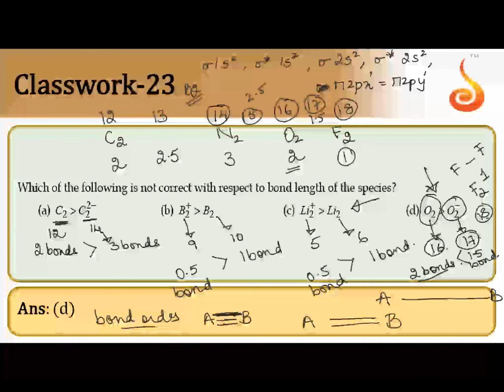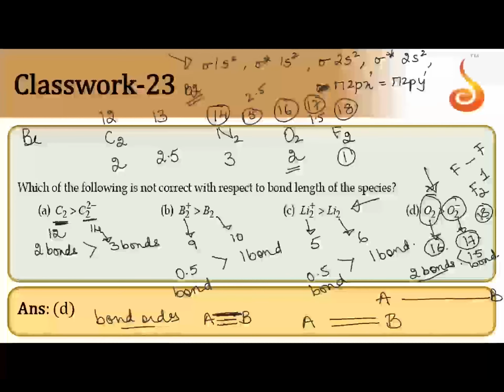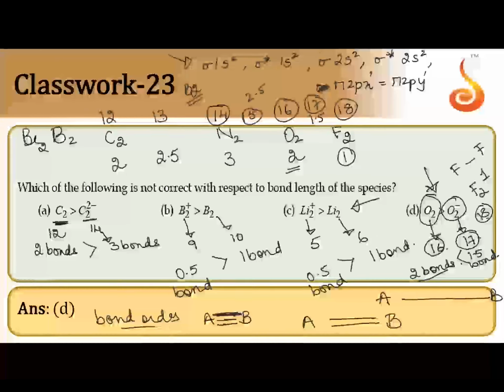For B2 and B2 plus, I have written here, see. Okay, you want me to proceed like that. For beryllium, boron and all, I don't know if you remember the bond order. That's why I didn't go on with this order. They are simple. You can write the configuration and quickly check. These ones, you have to write so many things and figure out. That's why I gave you this shortcut. N2, O2, F2 anyways are 3, 2 and 1. So I can work out these shortcuts.